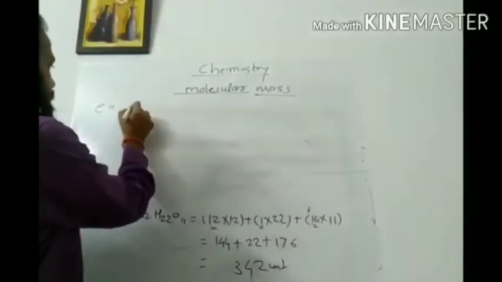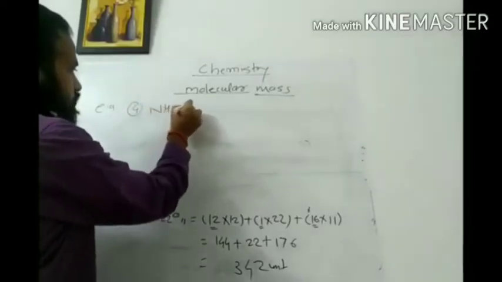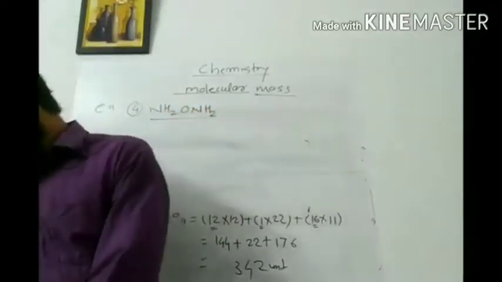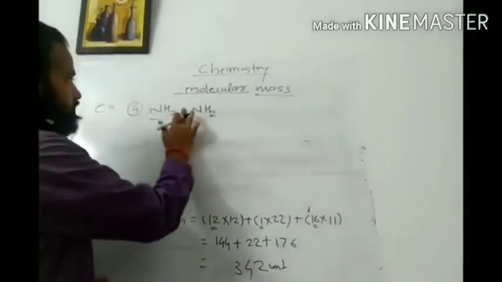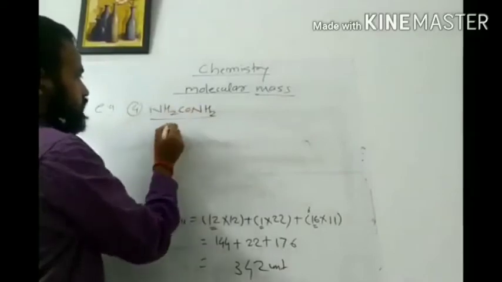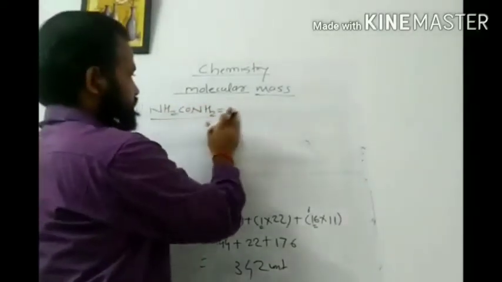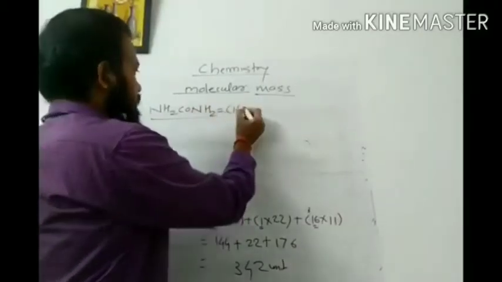Or let us say the fourth example, NH2 CO NH2, that is urea. So it is CO, okay, NH2 CO NH2. If we calculate it, for nitrogen it is 14 as it is,